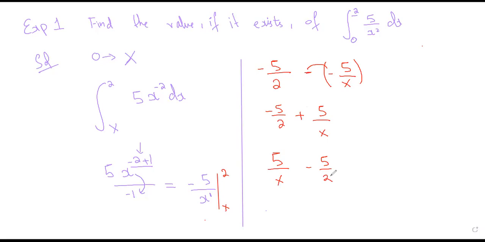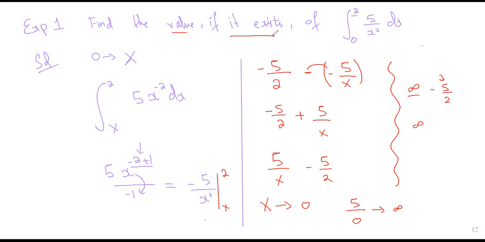Okay. What next? Next step is that since capital X is basically 0, so 5 by 0 would basically be infinity. This means that if I try finding the value, 5 by x would now become infinity minus 5 by 2. Okay. So infinity minus any number is going to be infinity. This would be infinity. So the answer is that the value does not exist. Integration of 5 over x square from 0 to 2 would be undefined, right? So the answer is